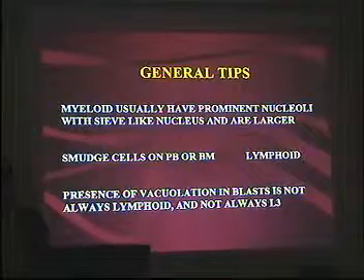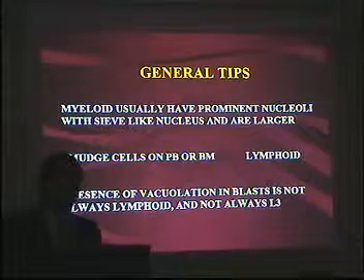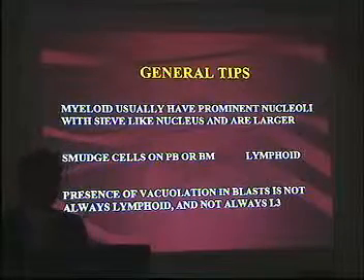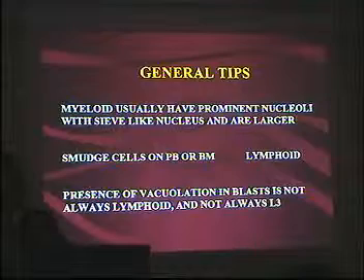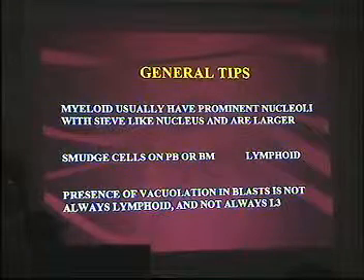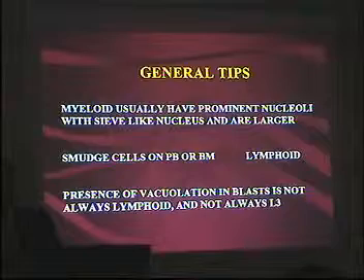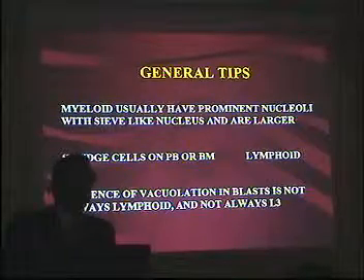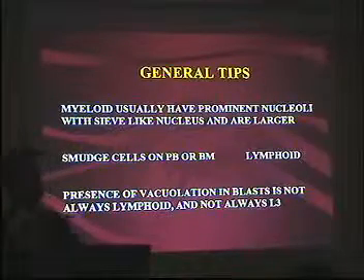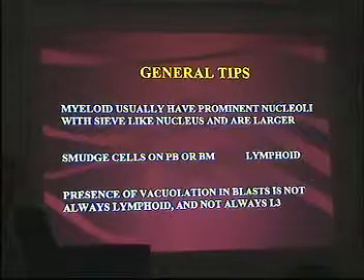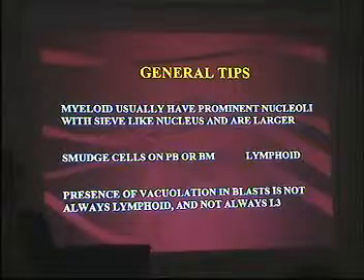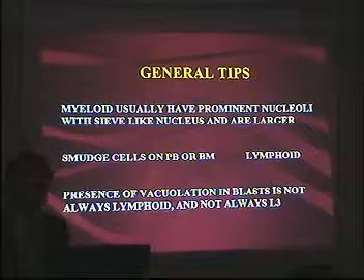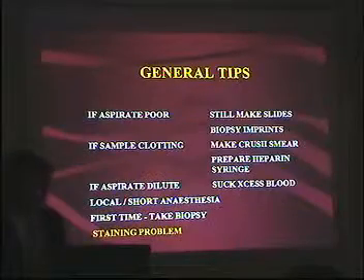We have been taught that if you get vacuolation in a lymphoid blast, it is equivalent to L3. It is not true. All lymphoblasts which have vacuolation are not necessarily L3. L2 can also have vacuolation in the cytoplasm. And when you do a marrow, you may not see such amounts of vacuolation in the marrow, and when you do CT scans, you don't find a bulky mass anywhere. Therefore this could also be seen in L2. So all vacuolated lymphoblasts need not be Burkitt's type. You have to do further investigations.